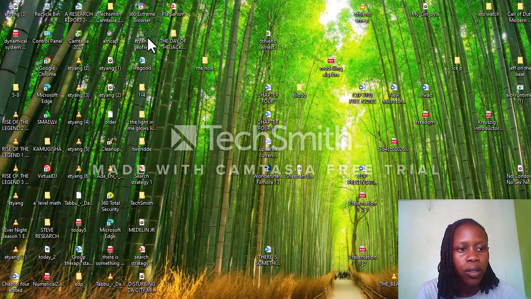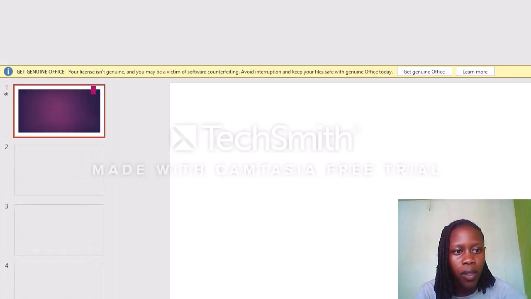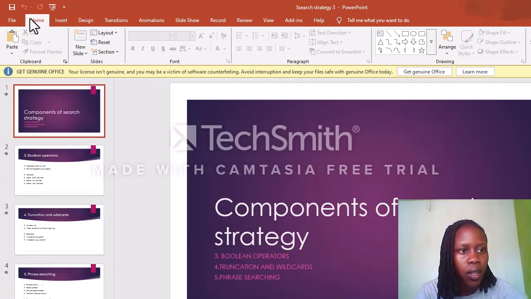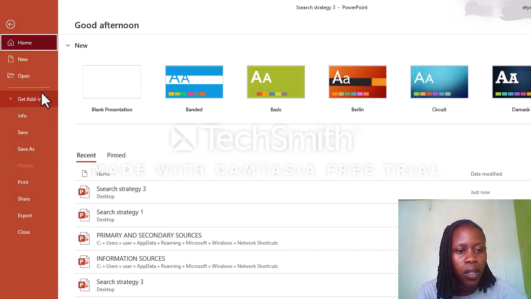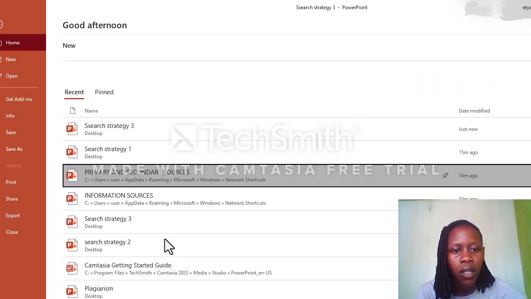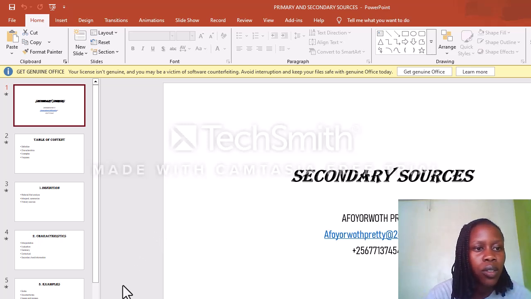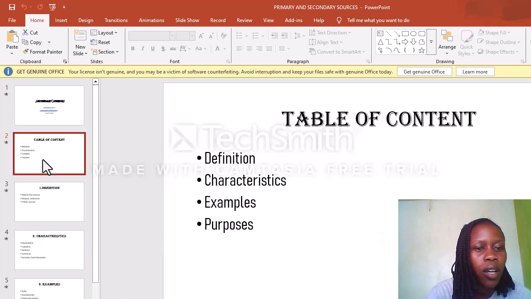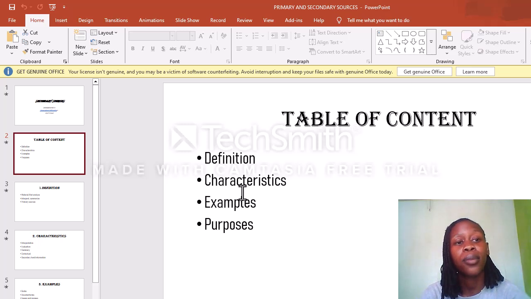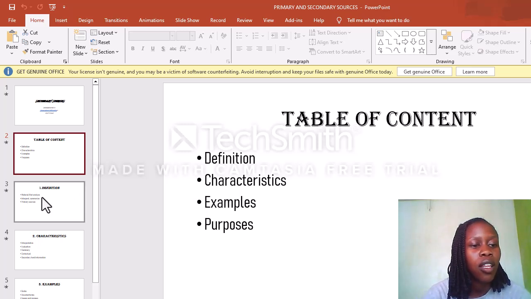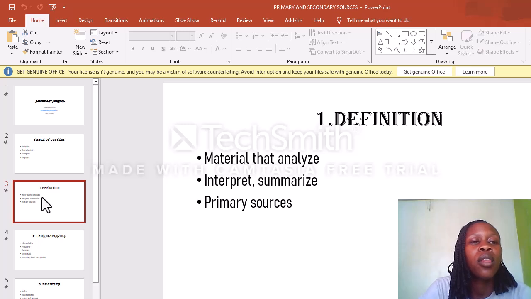So today we are going to be talking about secondary source. Here are the type of content things I'm going to be talking about: the definition, characteristics, examples, purposes. Then in the definition we talk about secondary source